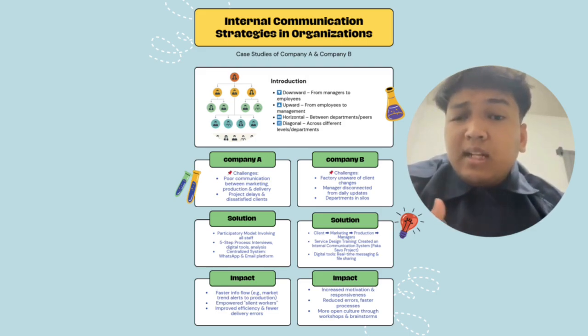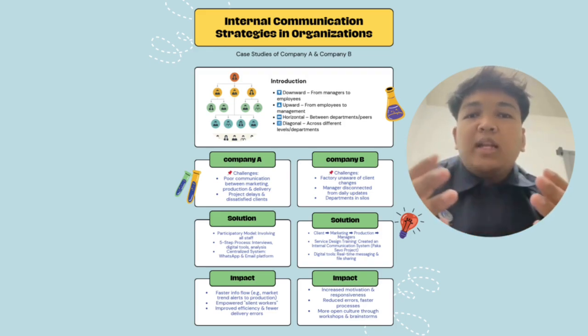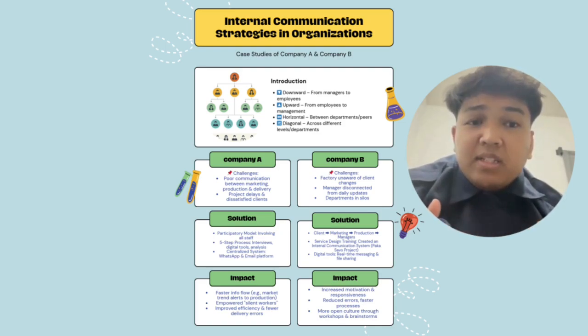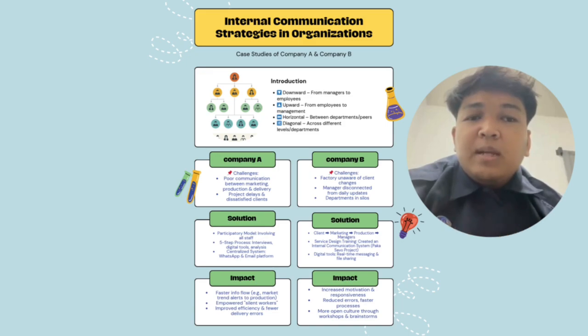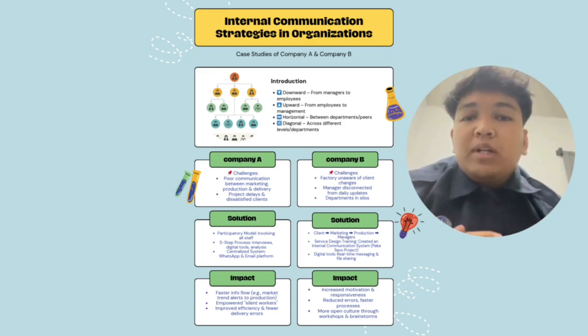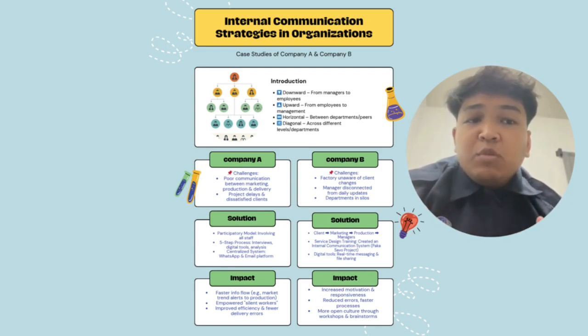So, what is a centralized system? It combines tools like WhatsApp and company email, allowing departments to communicate quickly in an organized way. For instance, when the marketing team notices a change in customer preference, the production team is immediately notified. And when supplier levels are low, the production team can instantly alert the planning department. And the result: fewer mistakes, smoother workflows, and happier customers.